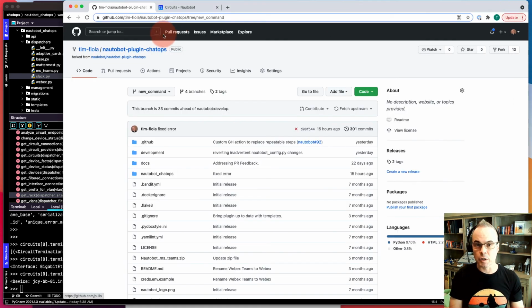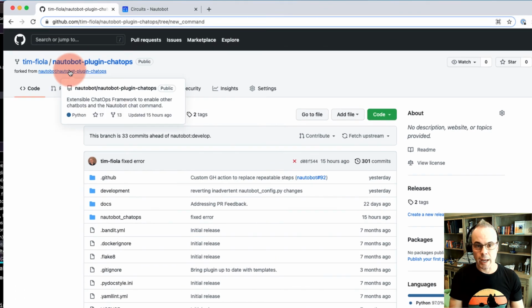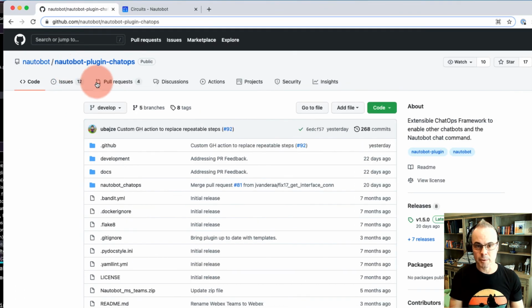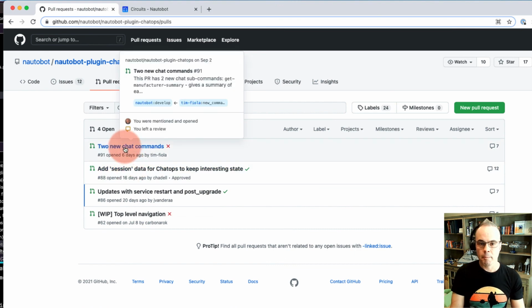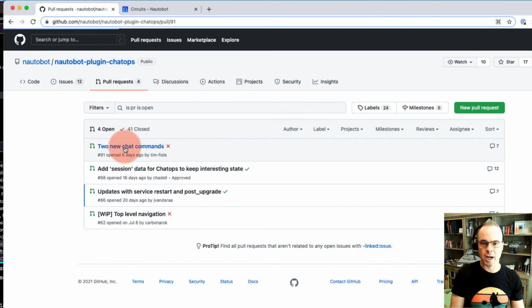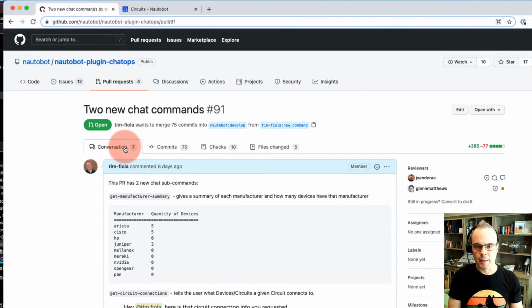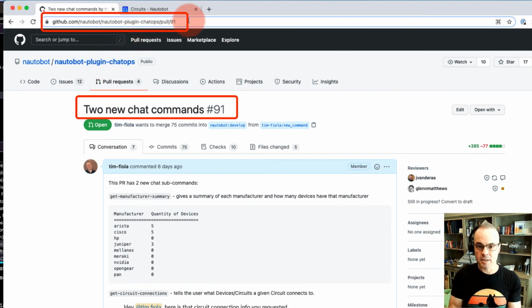If you'd like to view the code, if we go to the Nautobot ChatOps repository and look at the pull requests, my PR is 2 new chat commands, and that PR is 91. So that is in the process right now of going through the approval and the back and forth conversation about how to tweak it. So if you want to see the code that I ended up crafting, please feel free to take a look at this